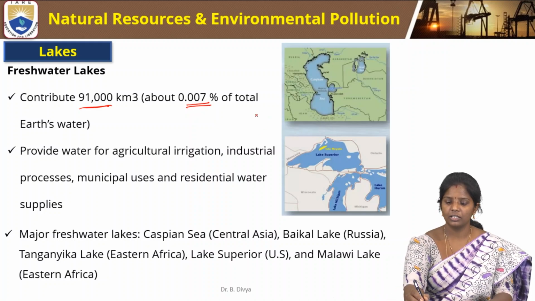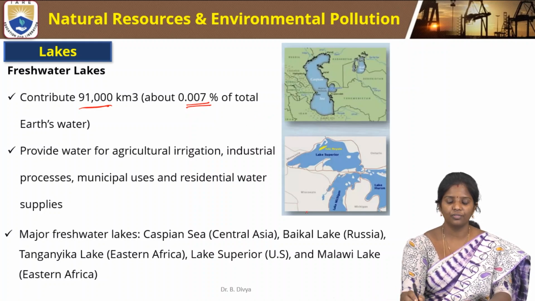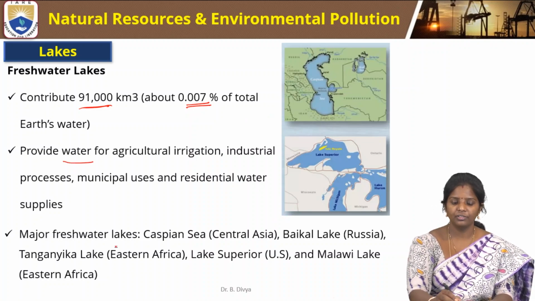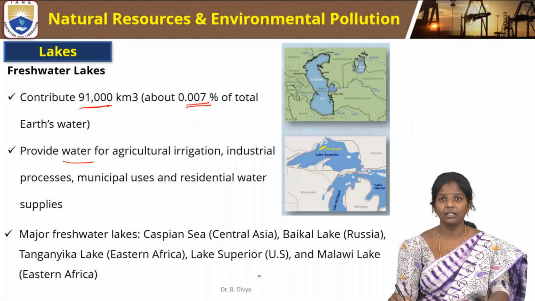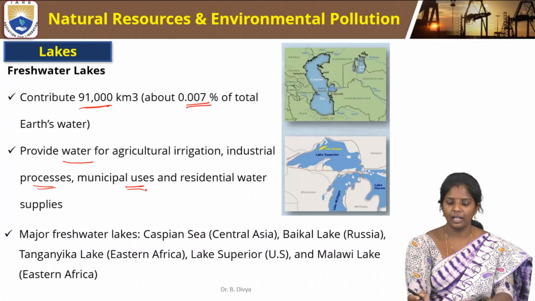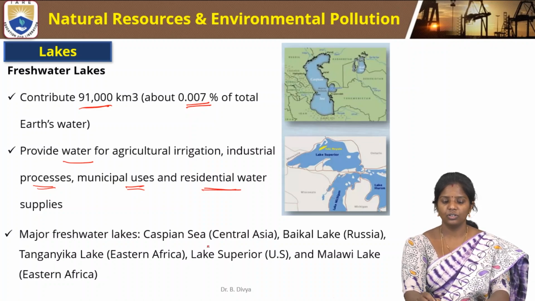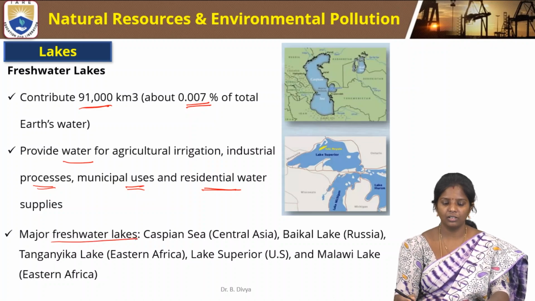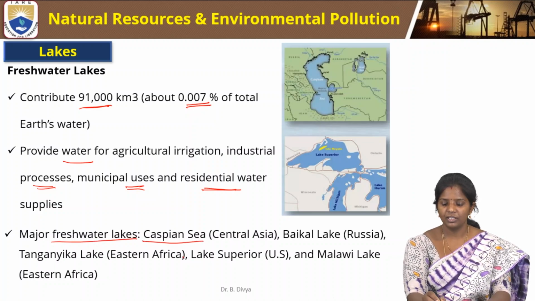So if we see this, it is covering most of the area of fresh water lakes. It provides water for agricultural irrigation, industrial purposes, municipal uses and residential water supply. So this can be used for many purposes, and the largest major freshwater lakes are the Caspian Sea, Central